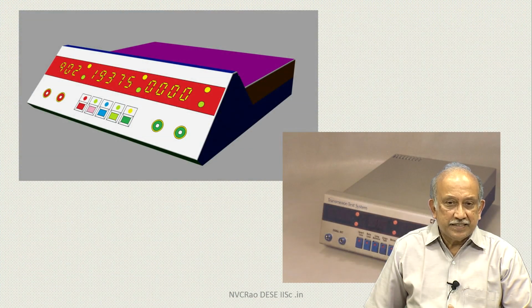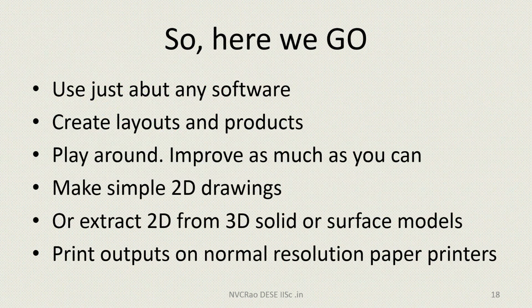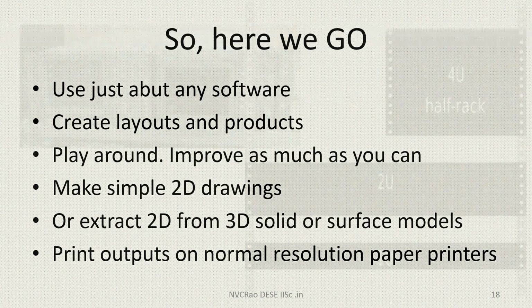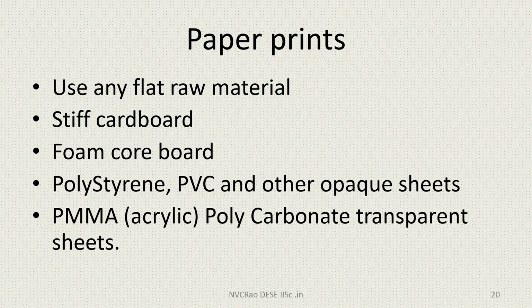After having decided on what type to build, we again go back and decide. Here I think I have shown you already that we have made a model, and that model did not come out as well, but the actual prototype built is much better. I think I will repeat it again, play around, and this is where it is now. You can do iterations and make simple 2D drawings. And then I think I showed you this, eventually everything ends up on a rack.